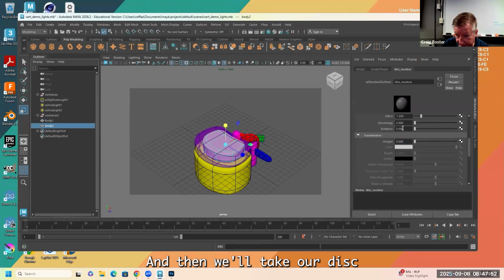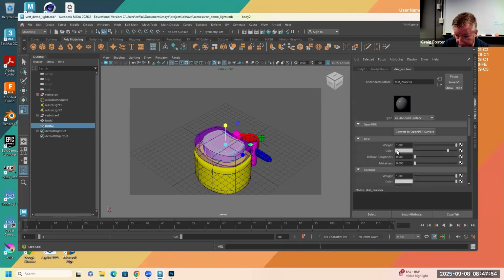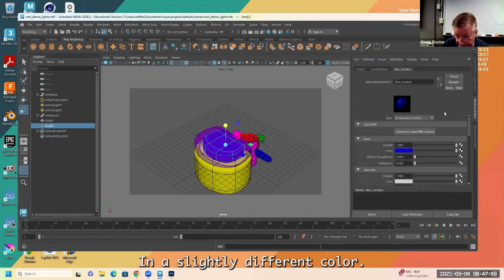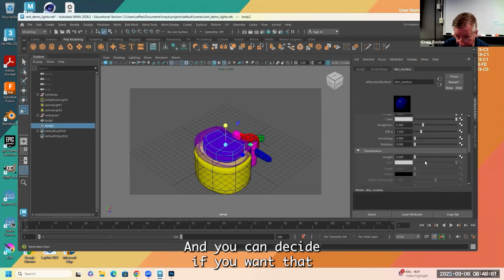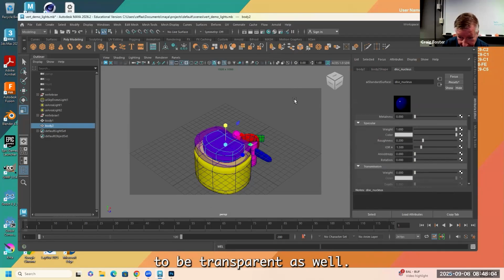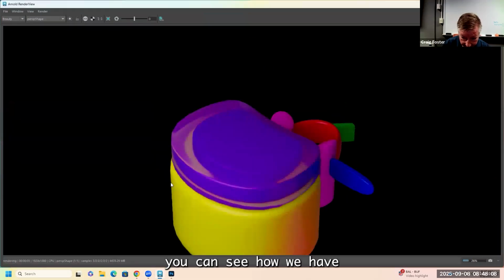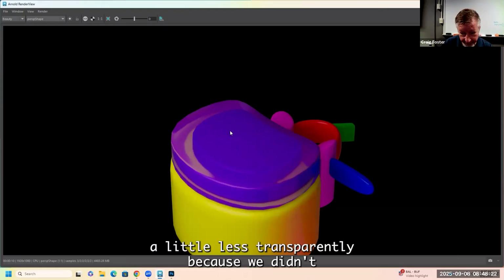And then we'll take our disk nucleus, go to a slightly different color, and you can decide if you want that to be transparent as well. If I look at this now, you can see how we have some transparency to the disk, and we have the inner pulposus, nucleus pulposus of the disk, rendered a little less transparently because we didn't adjust